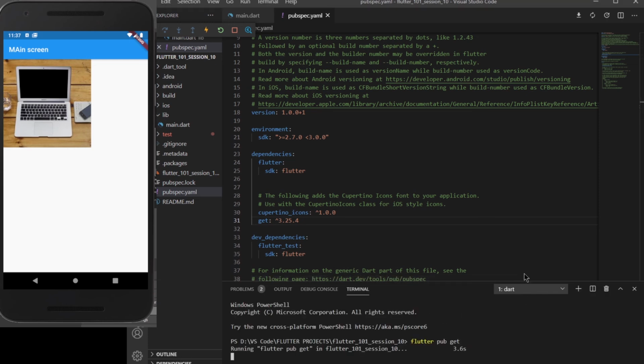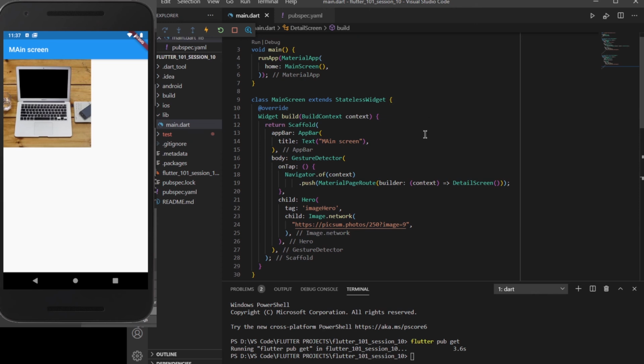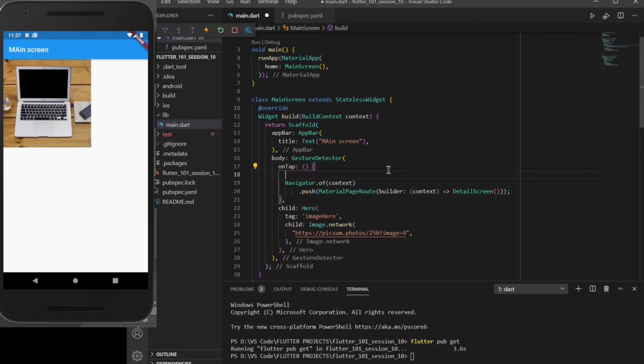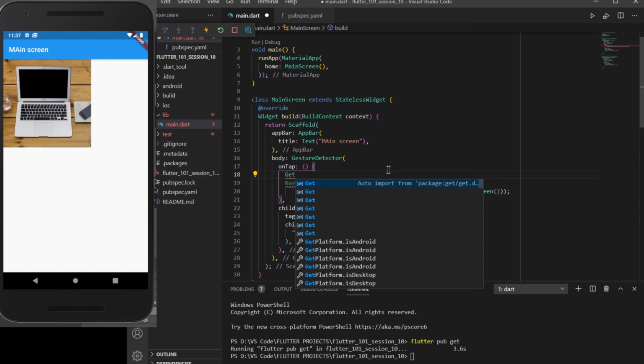Now I'll first import the getx package inside my app. Let's see how we can do it. Inside this on tap I'll type get and wait for Flutter to display various options. You can see that various different options are displayed here.